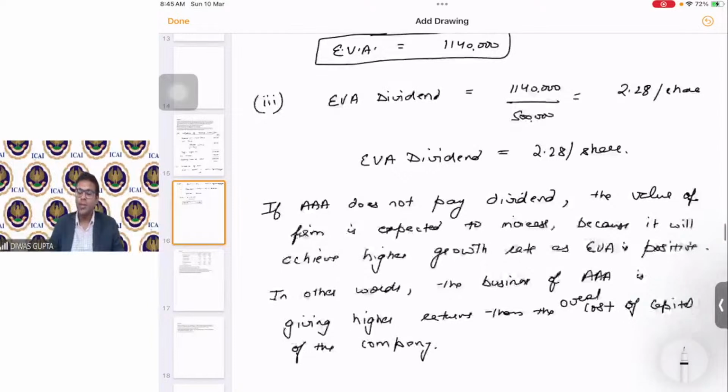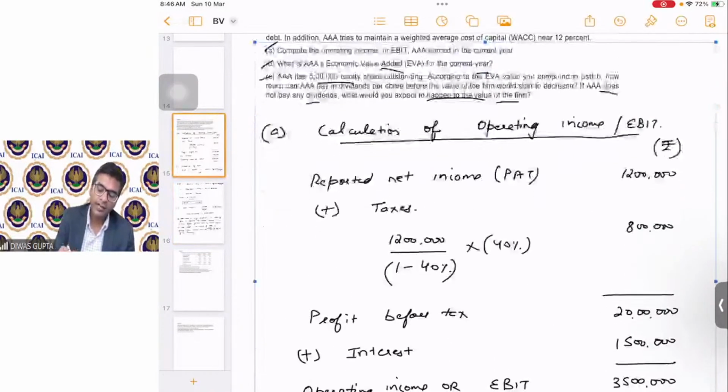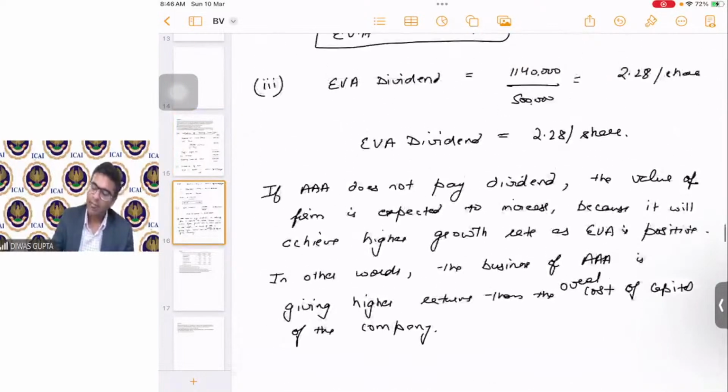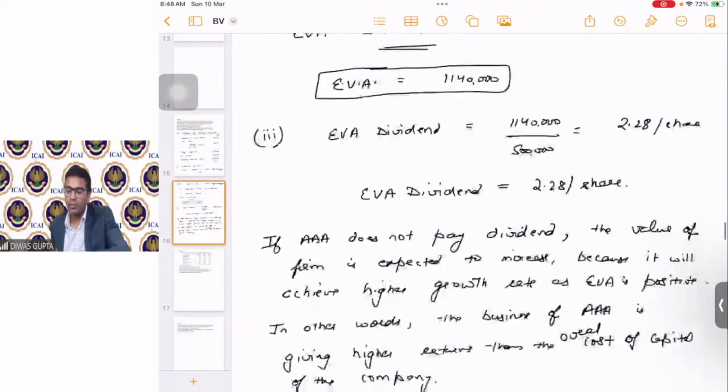Okay, students? Because see, the positive EVA is evident of this fact that we are able to generate higher return compared to what is expected by the investors. Right? That means whatever extra we are earning, that we will invest in the business. And again, by investing more, our growth will be more. Because in next year, the amount of NOPAT will become even higher than the current year because of the growth, students. Okay, students, anything till now, please do let me know. We are through with question number 4 also. Then we will start question number 5.